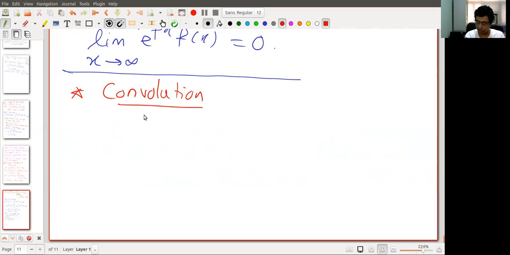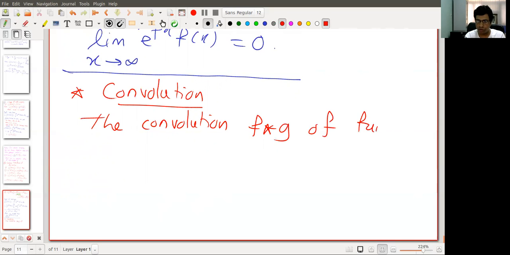It is called the convolution product. The convolution f star g of functions f and g is defined as